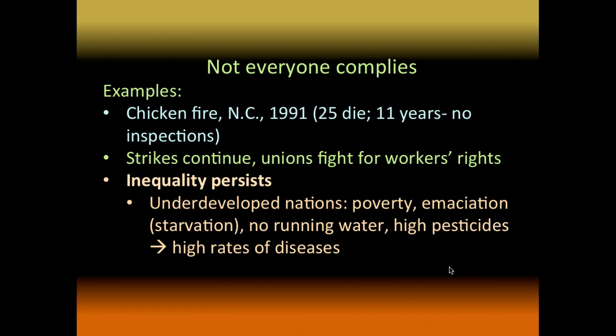And that's happening today. There's a lot of emaciation, starvation. And in so many parts of the world, there is no running water. And of course, we know what that leads to. If you don't have running water, there's stagnant, toxic water that people try to drink and they get sick from it. And of course, there are also high pesticides in lots of parts of the world, and people don't have fresh water to wash their fruits and vegetables and end up getting really horrible diseases, high rates of diseases, and high rates of mortality. People die young in a lot of parts of the world today.